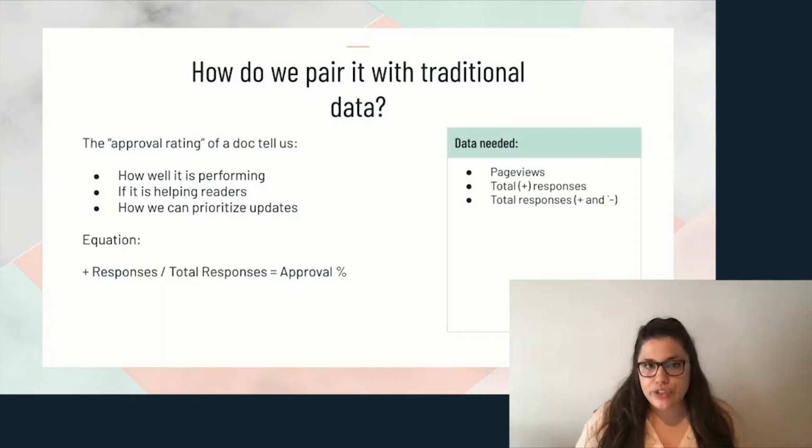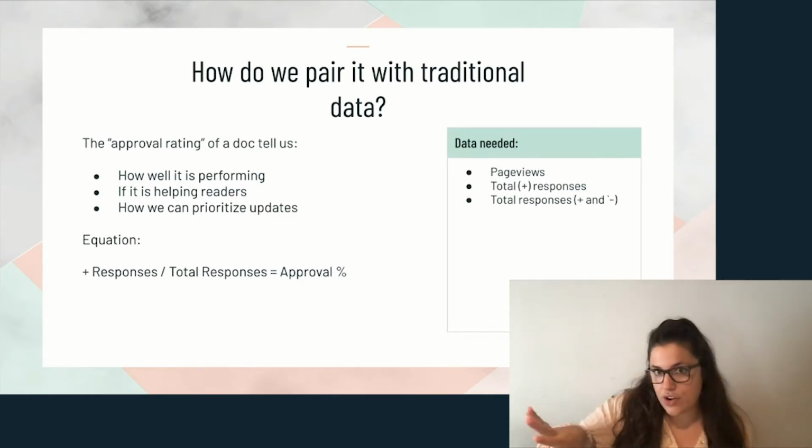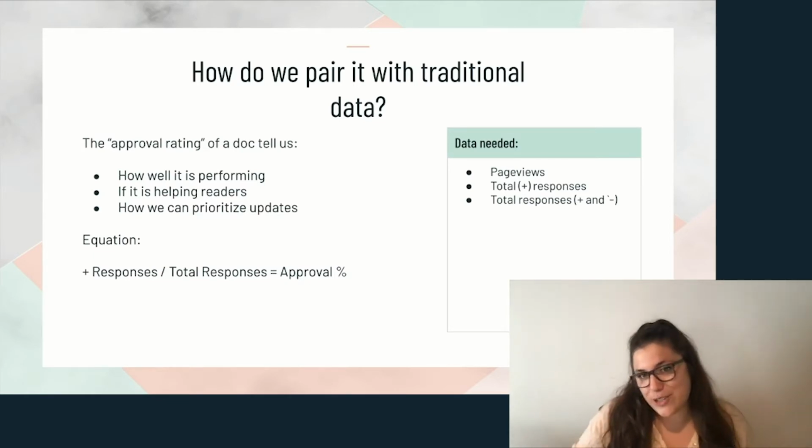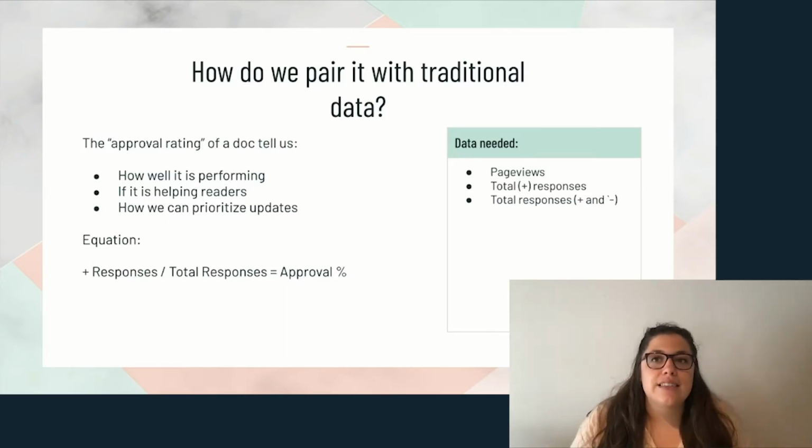So we know what feedback can do for you, but how do we fit this into our data dashboard or give it a number? My favorite way of doing this for feedback is approval rating. As a side note, the best part of designing your own dashboard is naming your own stats. We chose approval rating because it tells the user automatically what we're gauging. If we send it to marketing, or product, or anyone within the company, there's no need to explain that stat. They see approval rating and automatically know what they're looking at.